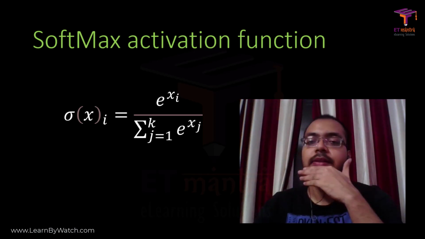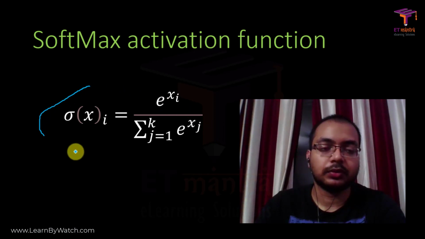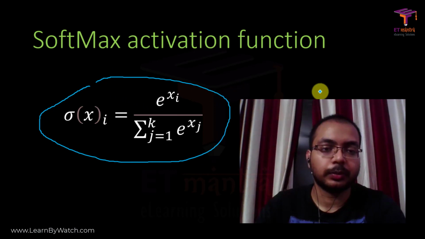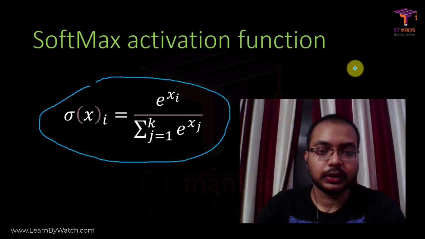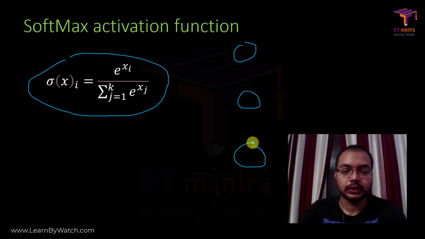But if we want to classify 3 things, suppose cat, dog and bird, then we need to have 3 outputs. So at that point of time we use this softmax function. So here's the formula. It may look complicated, let me explain. Suppose these are the 3 layers, and suppose here this is 3, this is 0.1, and this one is 1. So what this does